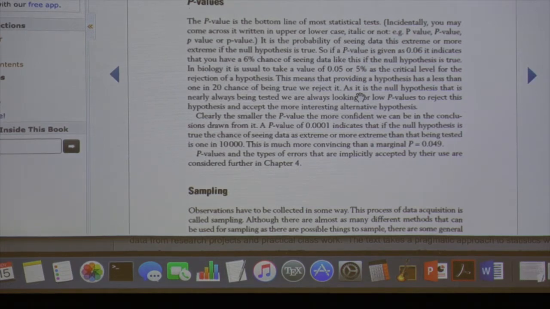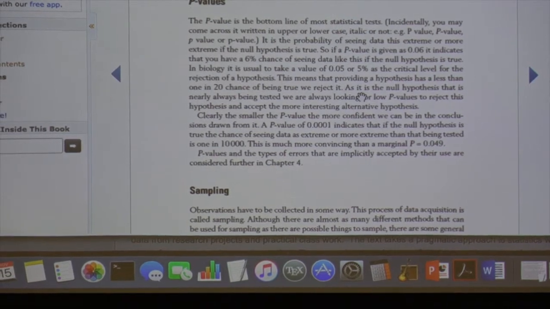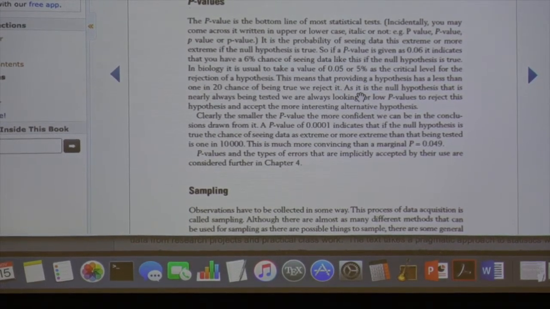Way to go, Calvin. So it is the probability of seeing data this extreme or more extreme if the null hypothesis is true. So I'm okay with that. You will hear people fight against this language also, given, fixed value, the null distribution. It's all the same to me. So again, I'll read. It is the probability of seeing data this extreme or more extreme if the null hypothesis is true. So if a p-value is given as